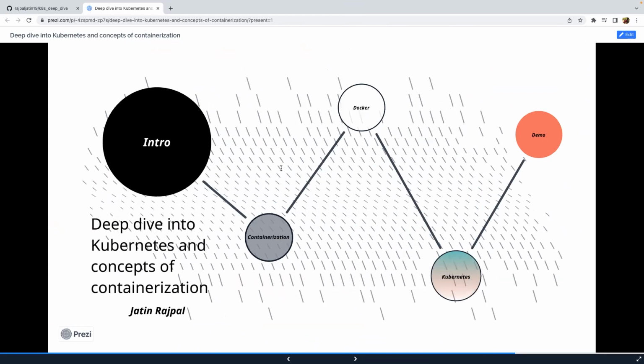The other question by Dinesh is, can Kubernetes manage simple code on a server? So the server is not coming into the picture now. Your server is replaced by the containers. Yes, definitely it can. And we'll see towards the demo how it is going to manage a simple code.